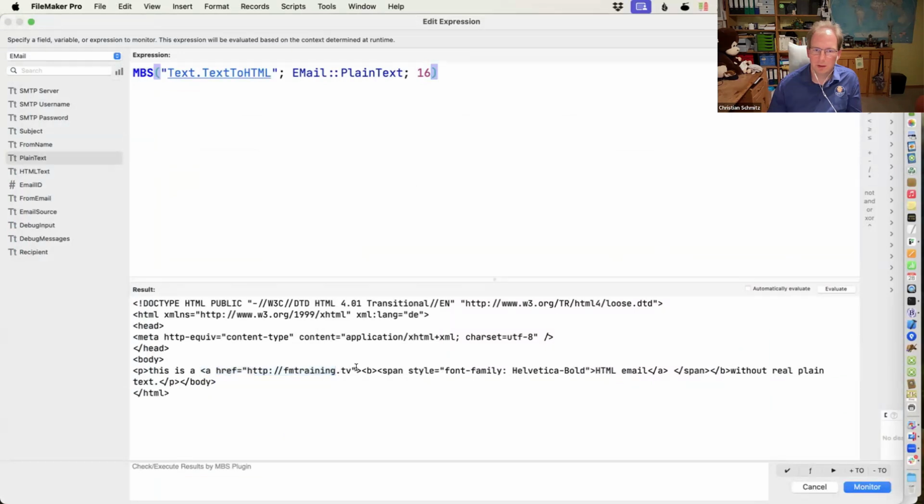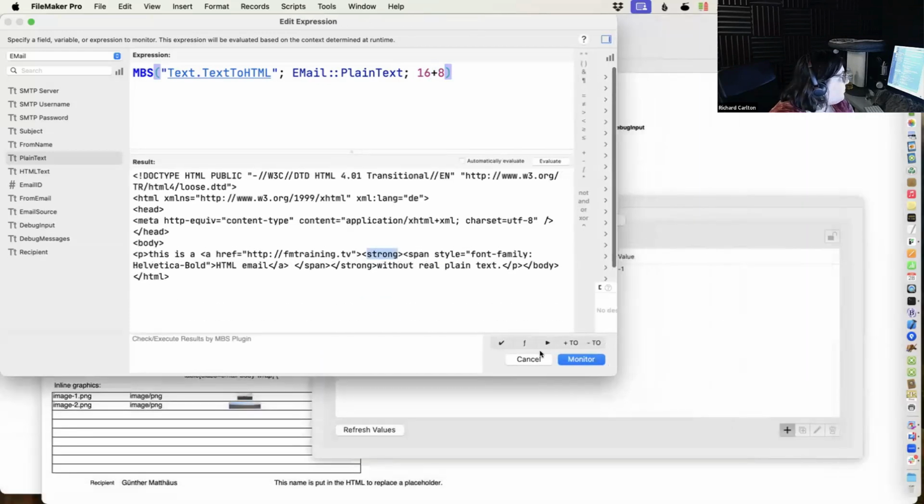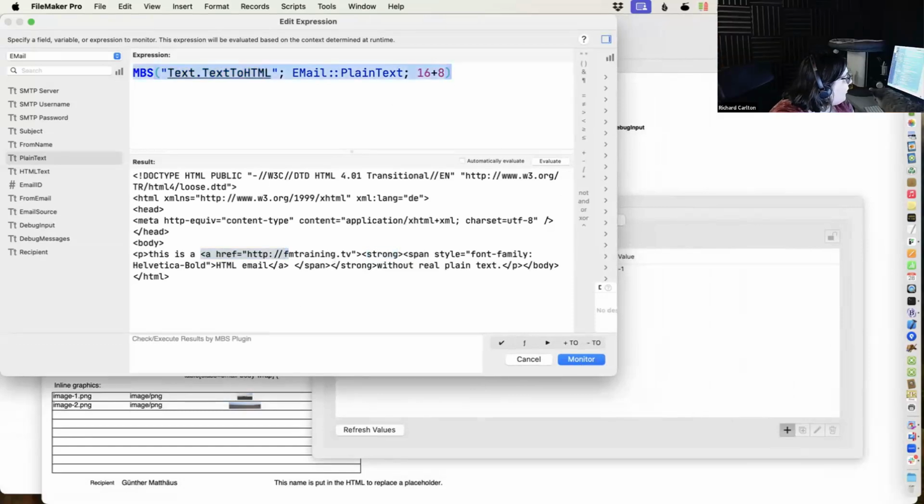And it still did the bold here and the font family. No, it's strong, it's not bold, it's strong. There you go. So maybe that is a convenient thing to have the plugin encode everything but pass through the links, which would kind of nail the issue that they're having, I think.